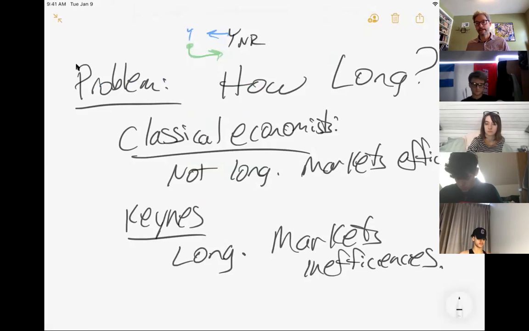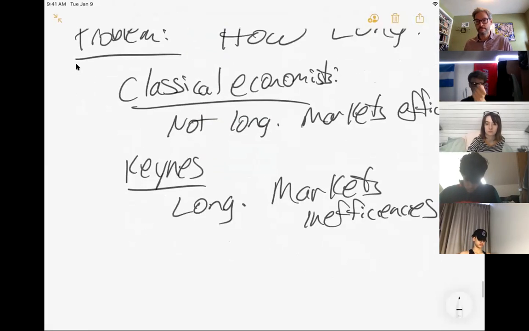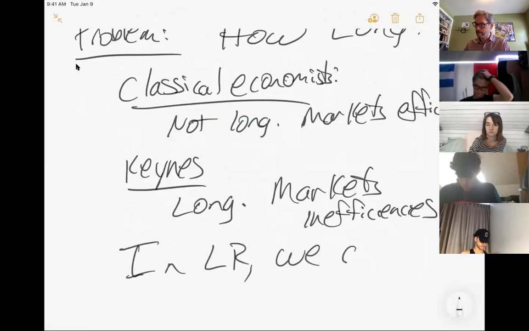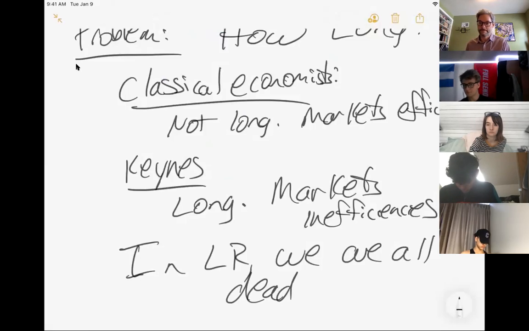Probably the classic expression of the Keynesian approach is when Keynes was asked, well, won't the economy work itself out in the long run? And Keynes's response was yes. But the problem is, in the long run, we're all dead. Right? And what does he mean by this? Well, I think what he means